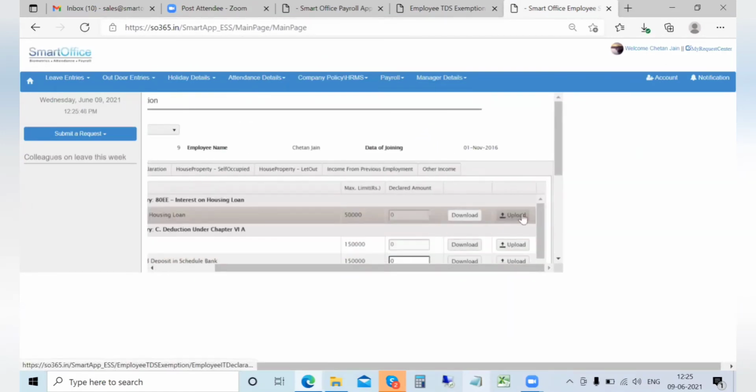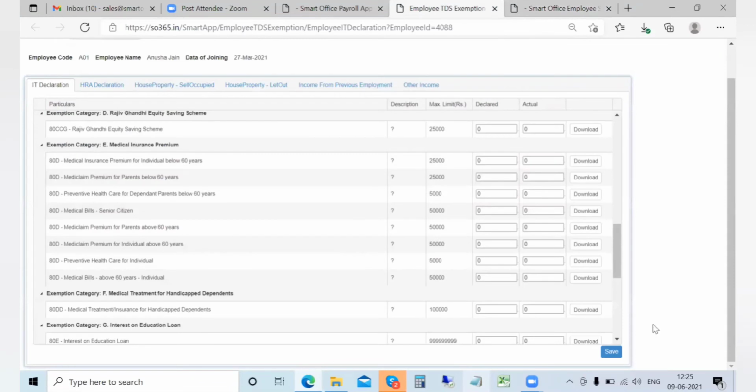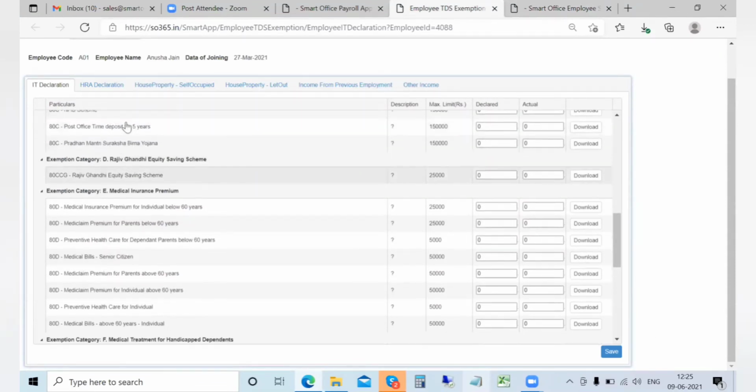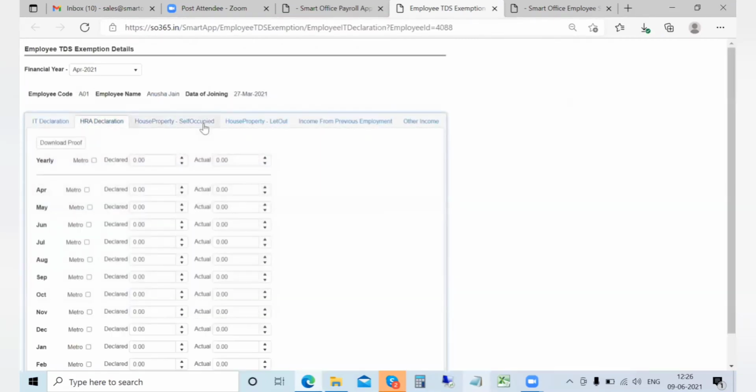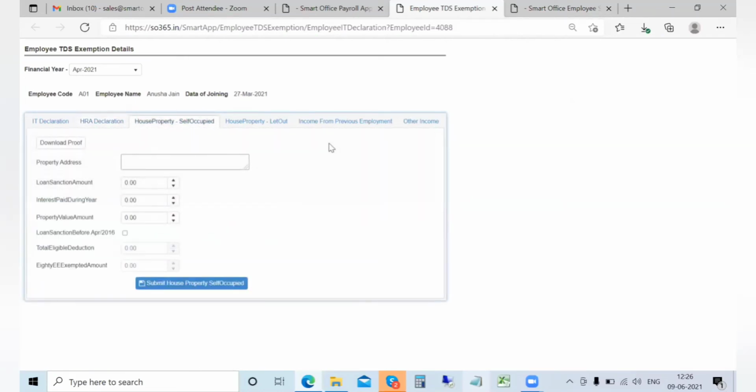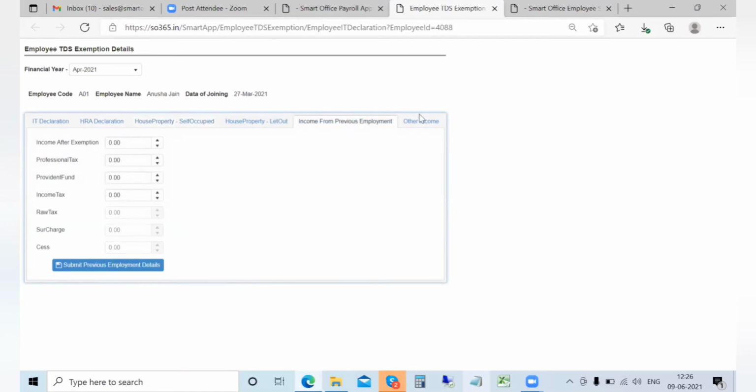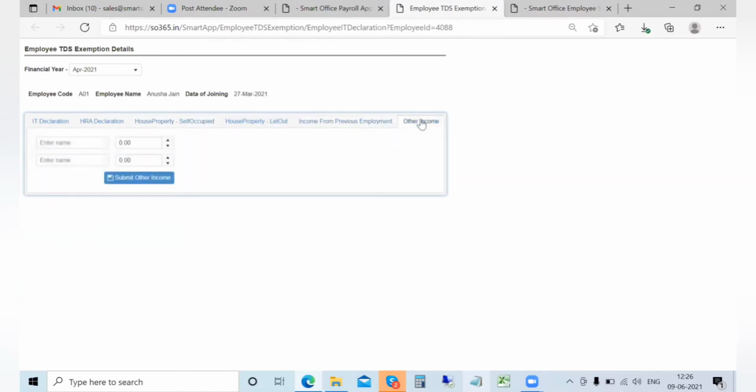So you can see here that you can upload the proofs from the ESS login. A similar option is also available in the admin login as well. So you can also submit the HRA declarations. You can submit the house property declarations, SOP, LOP declarations, and the previous employment income that you have can also be submitted here.